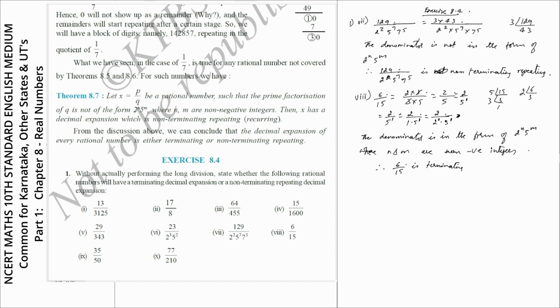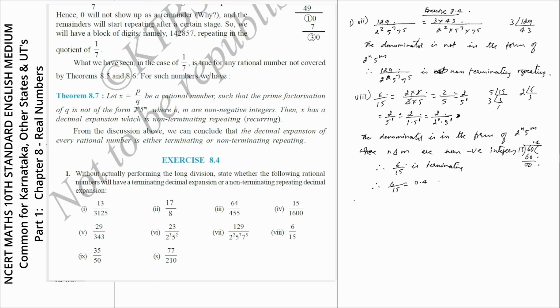That means the decimal part will be terminating. Now to evaluate that, I will divide 6 by 15. It is not divisible, so I'll put one decimal point and take 10. Now 15 4s are 60, therefore 6 by 15 is equal to 0.4. Okay,